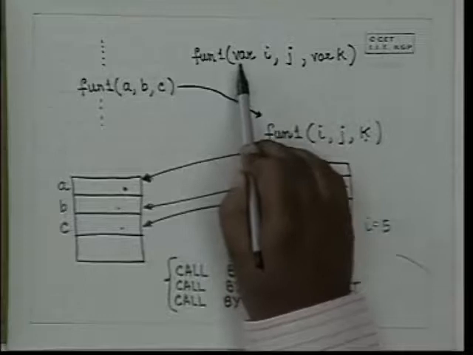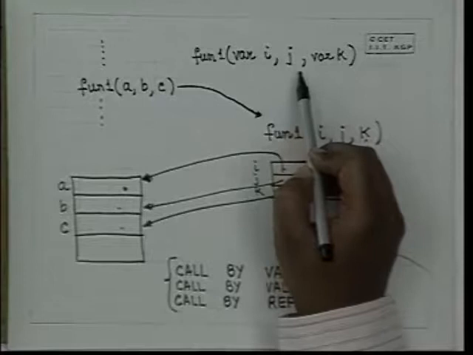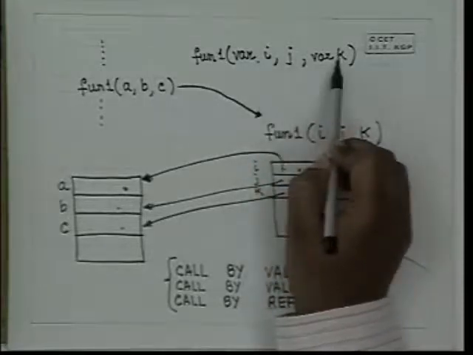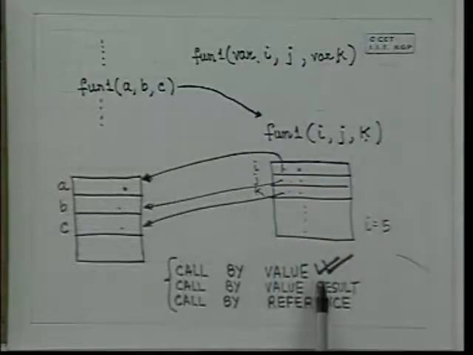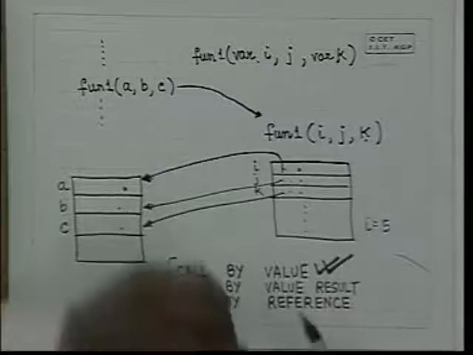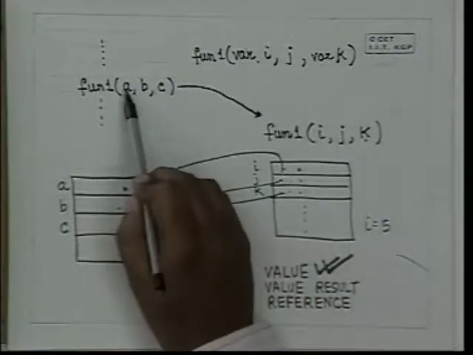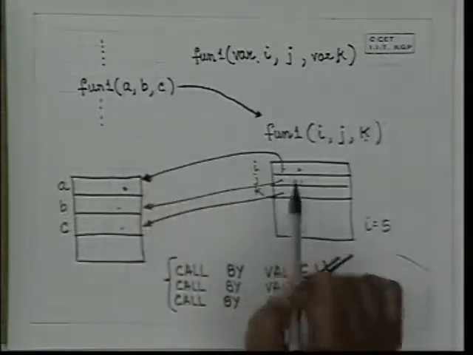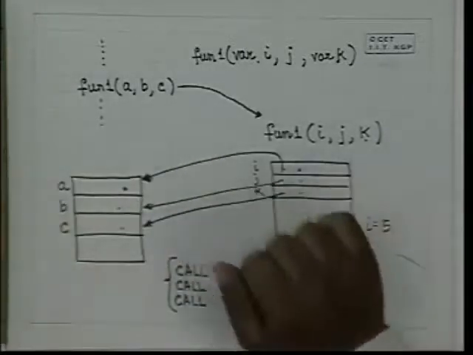So in Pascal, if you had written var I, j and k and done this, then this would not have changed, but this and this would have changed. Whereas in C, everything is uniform, call by value. So we'll have to see next how we make it call by reference. To make it call by reference, what we do is we pass the address location and modify the contents. Alright, so let's see in this example how we will convert it to call by reference.